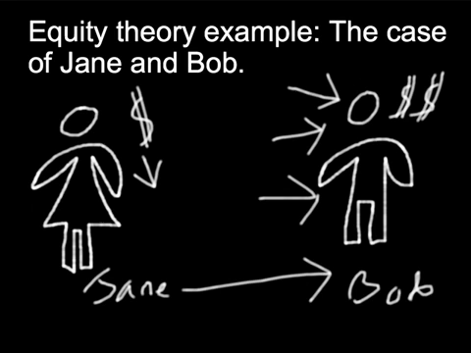She may reevaluate her own perceptions and convince herself of some new facts. She may say, well, maybe Bob actually has more education than I do, or maybe he does actually produce more. She may change her referent other. She may say, you know what, I really shouldn't be comparing myself to Bob. I should be comparing myself to Dave, because Dave is actually a better comparison point. She might do nothing and just sit there and be miserable at work. And for this to occur for the long term is a rare occurrence.